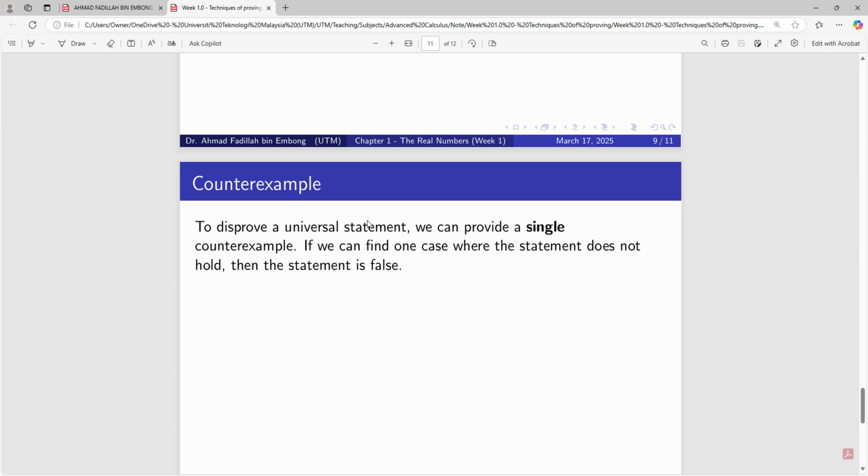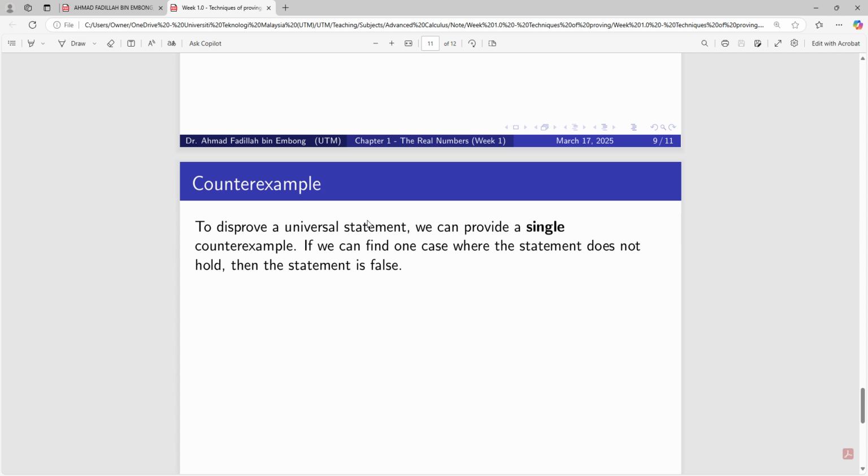And then the next one is counterexample. So for the counterexample here, to disprove a universal statement, we can provide a counterexample. In this case, if we can find one example that does not satisfy the universal statement, then the statement itself is false. For example, I can say that